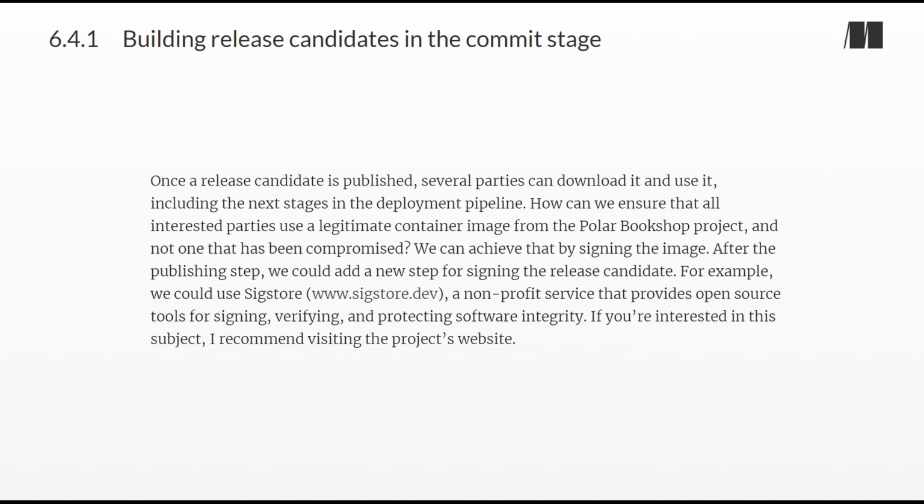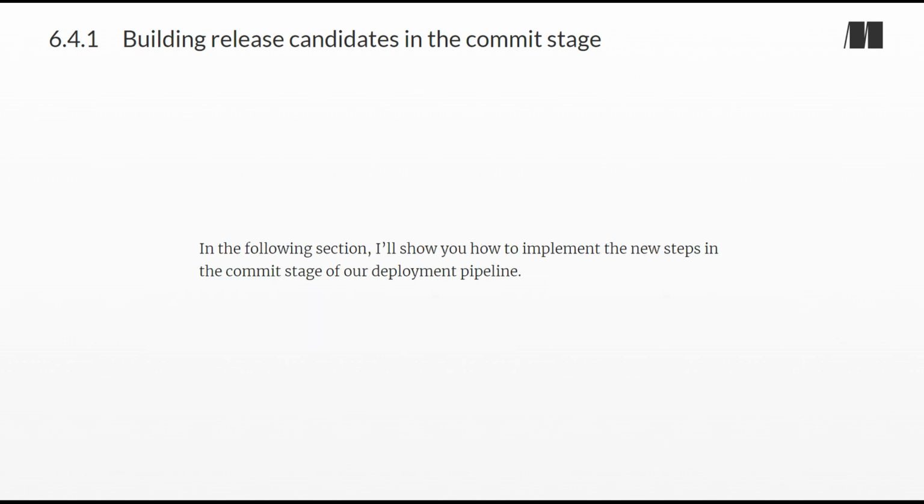We can achieve that by signing the image. After the publishing step, we could add a new step for signing the release candidate. For example, we could use Sigstore, www.sigstore.dev, a nonprofit service that provides open-source tools for signing, verifying, and protecting software integrity. If you're interested in this subject, I recommend visiting the project's website. In the following section, I'll show you how to implement the new steps in the commit stage of our deployment